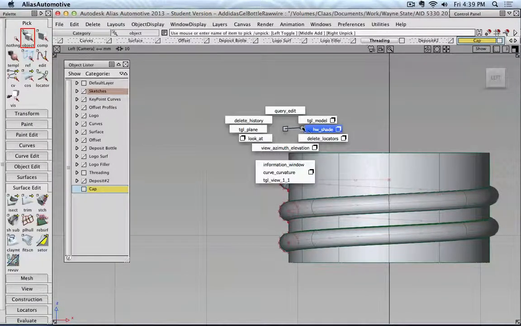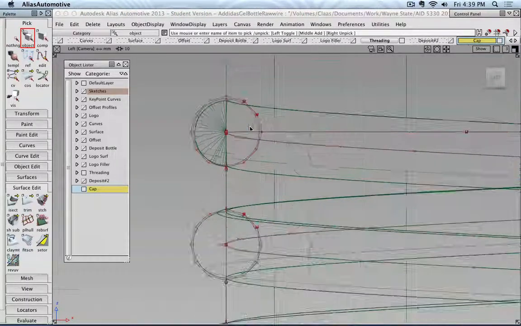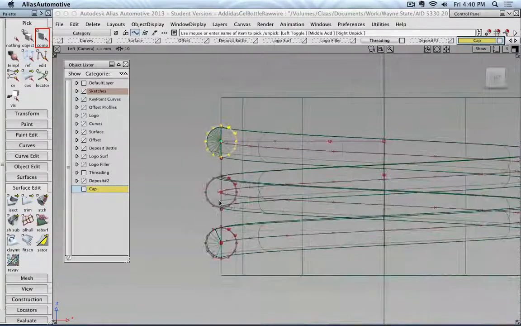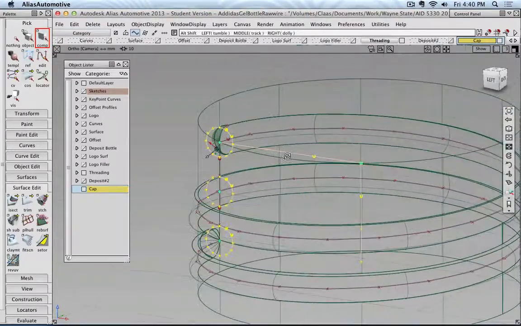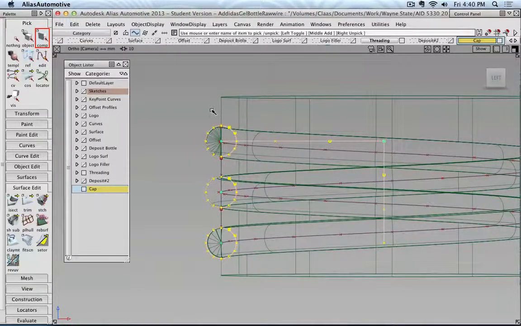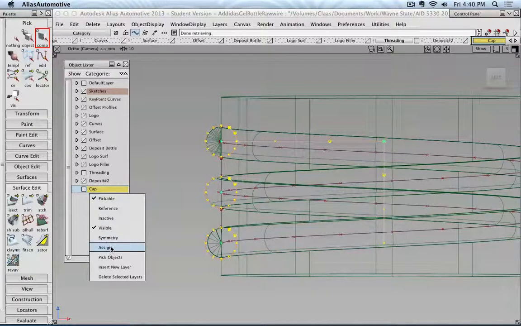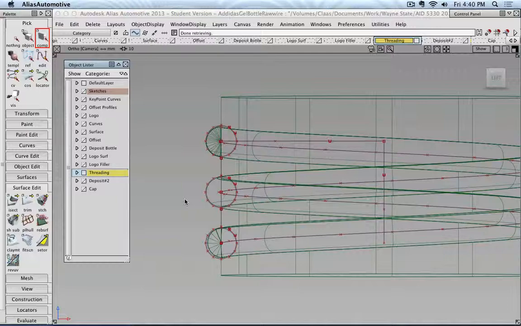And let's turn the shaded mode off because I would like to select basically everything besides my surface. So this one, then this one, and this one. Okay, so that is good. Then I copy and paste and assign it to that layer. But I'm hiding it for a second